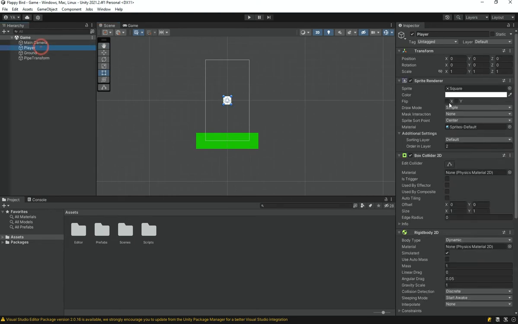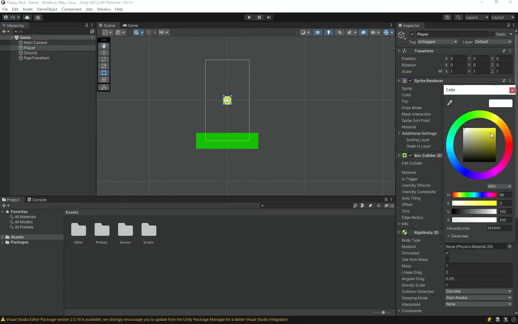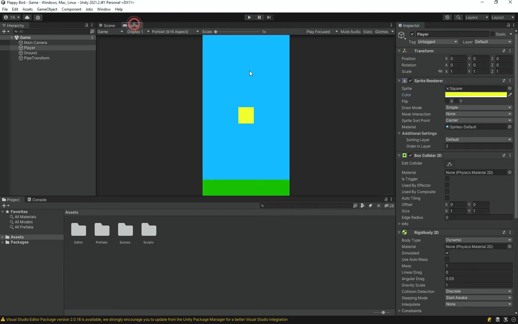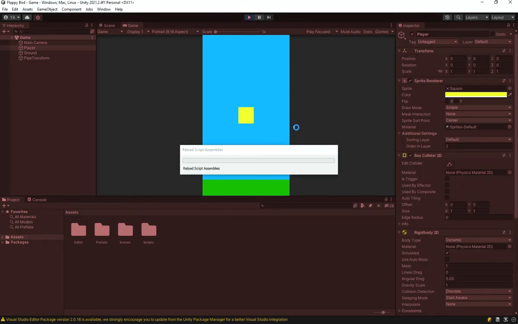Before I do that, though, just let me change the color of this player to something like yellow. I just kind of feel like it, I guess. Yellow. Yeah, that looks pretty nice. Anyways, but the first thing that I want is that, as you just saw, if I keep playing the game,